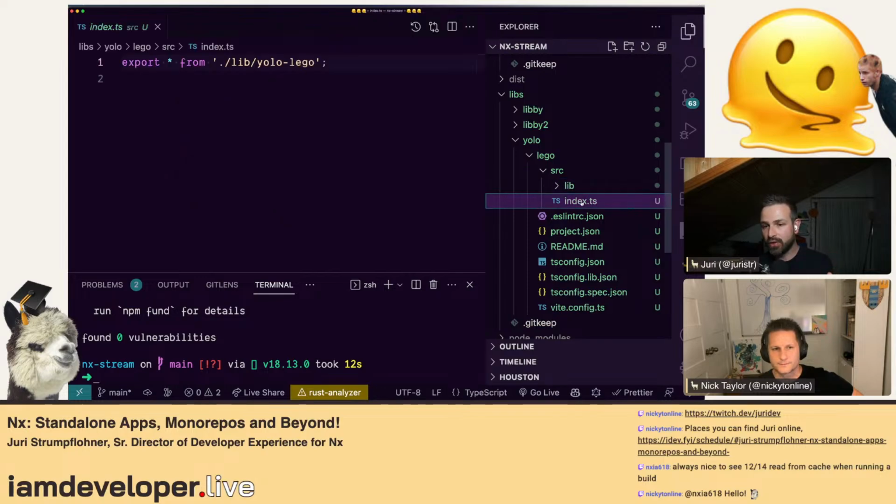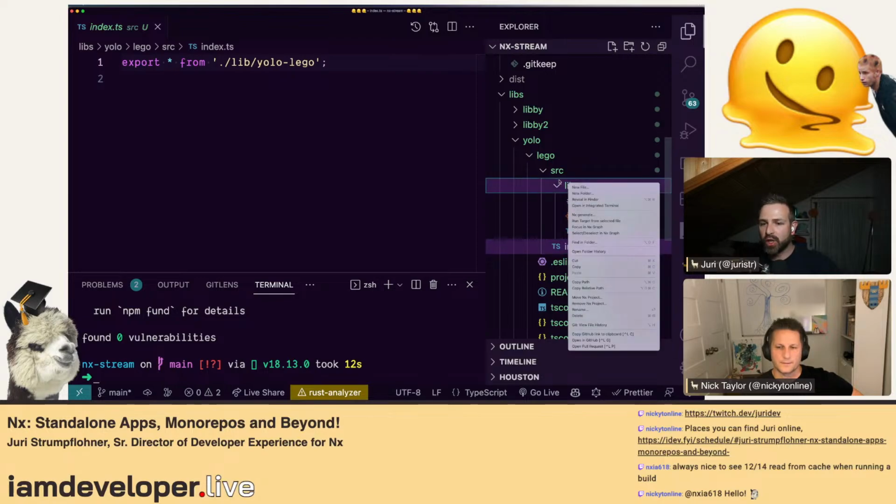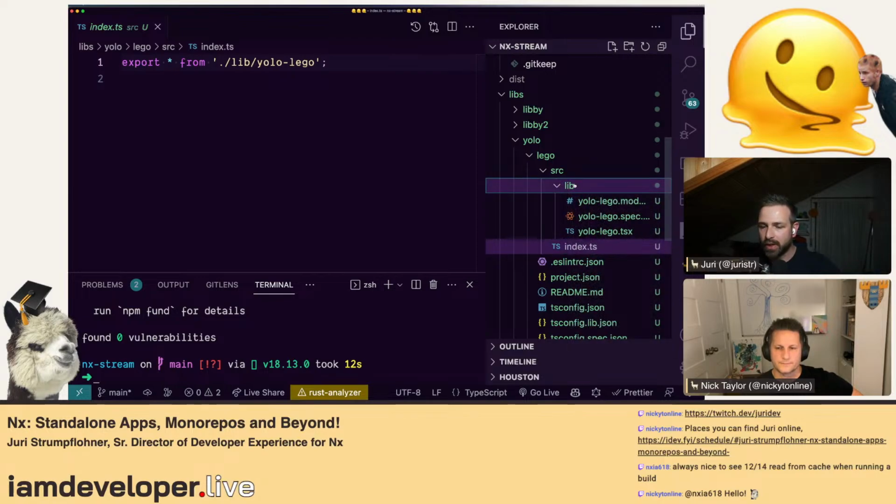In such a lib, you see the component that is in here, which is that YOLO-Lego, which has been placed in that application. And then there's the index.ts file, which you can see as your public API endpoint for other pieces that want to use it. So all the logic can happen in that lib folder within that Lego library. And then you might want to expose some components to the outside world.